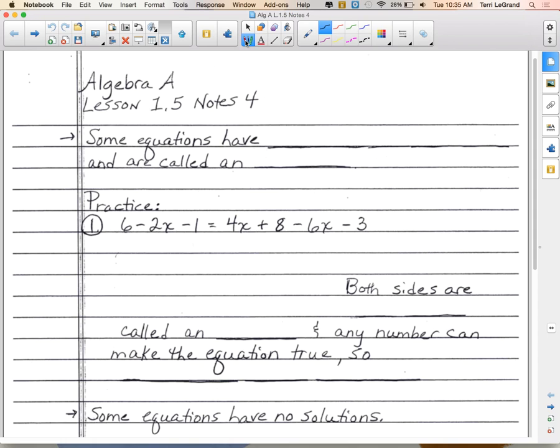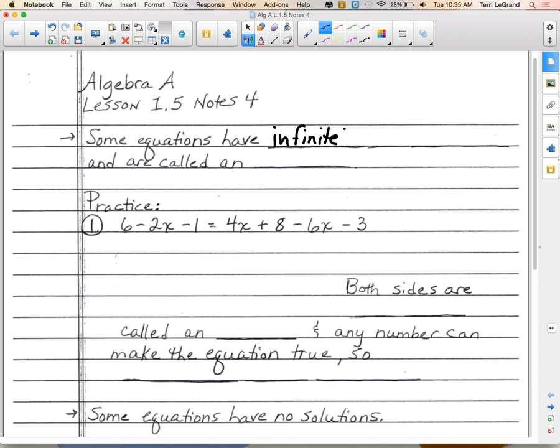We're going to be led to a conclusion that this one means there is no solution for this one whatsoever. There is not a number on the number line that would make this equation true. Or it might turn out that all numbers on the number line would make the equation true. So then we can't name them all, so we have to state all real numbers. So the first type that we're going to explore here are that some equations have infinitely